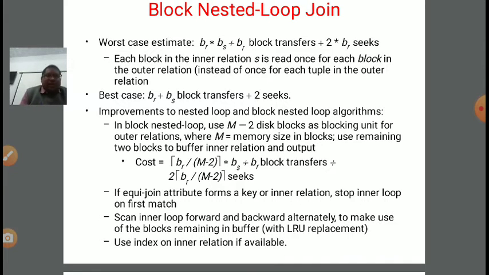If we are performing an equijoin where the join attribute forms a key on the inner relation, then stop the inner loop on the first match, right? Now scan the inner loop forward and backward alternately to make use of the blocks remaining in the buffer. For this we can apply the LRU strategy, that is the least recently used replacement policy.